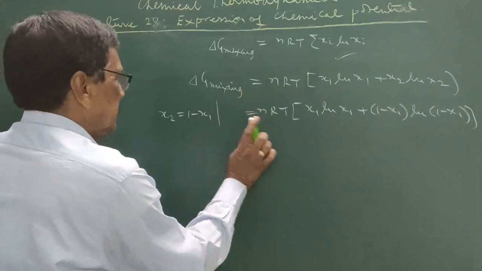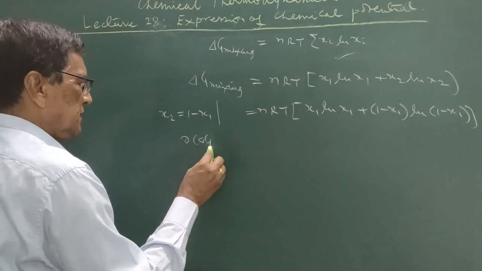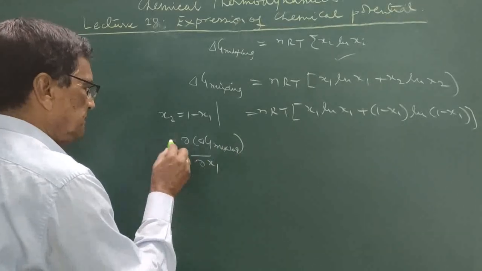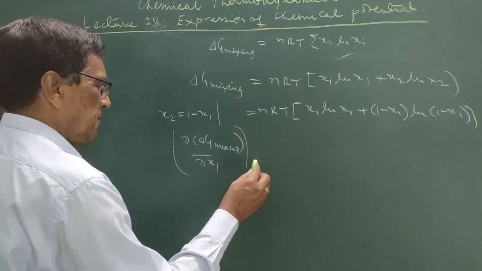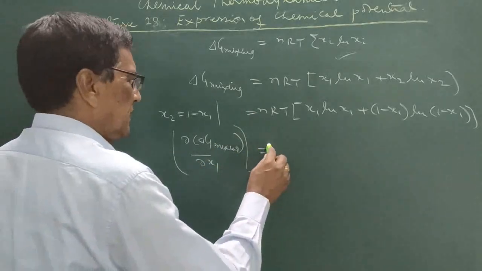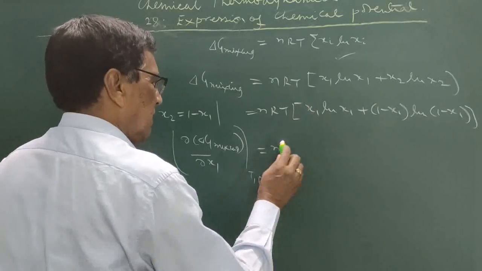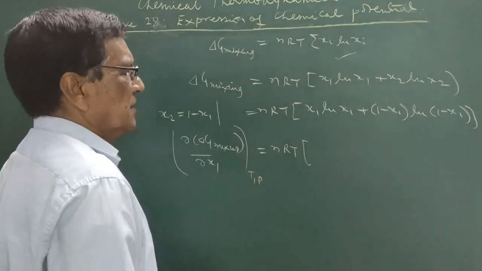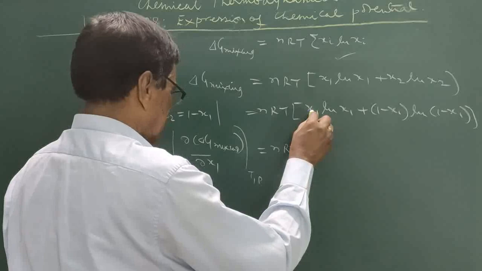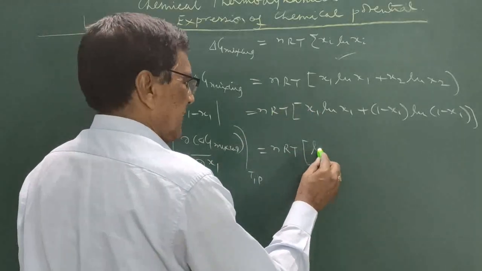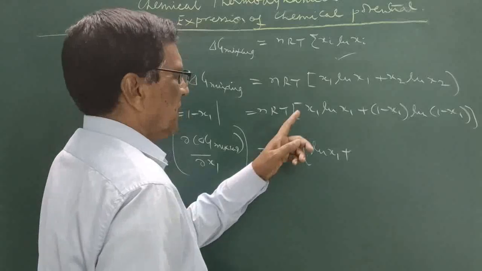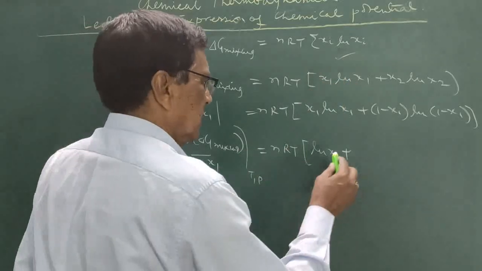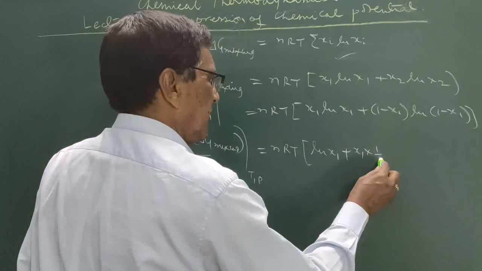So del G mixing by del x1 at constant temperature and pressure equals nRT, constant, and here x1 is differentiated with respect to x1, then it is ln x1, plus when x1 is written here and ln x1 is differentiated with respect to x1, it is 1 by x1, so x1 into 1 by x1,